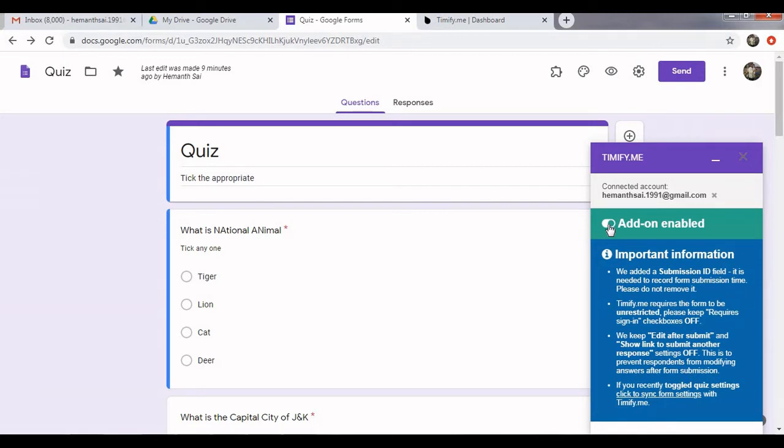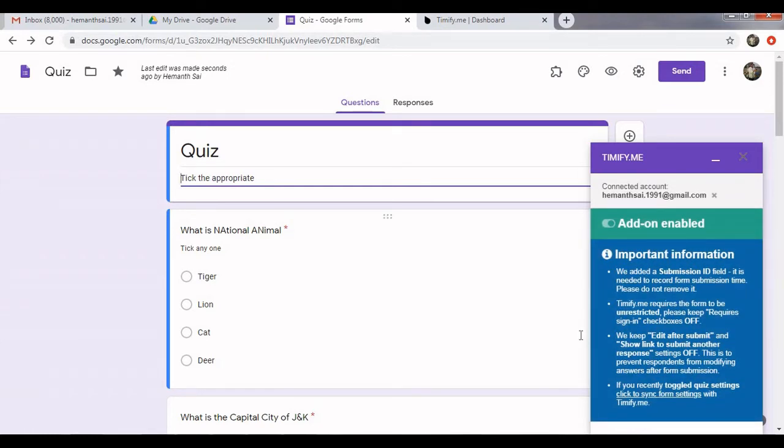Let me click add-on enabled once again so that it will enable again. Also, you can use this option, click to synchronize from form settings. Let me click this again so that it will synchronize according to the Timify app if there are any settings we have done beforehand to this Google form.